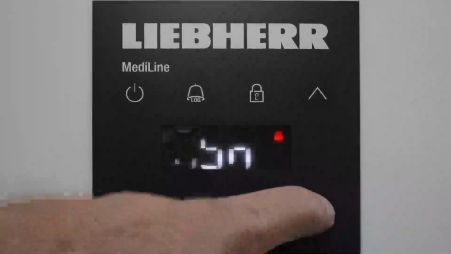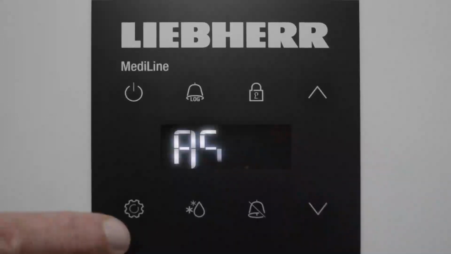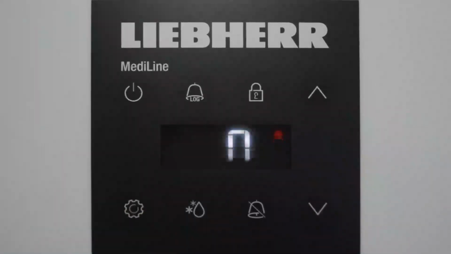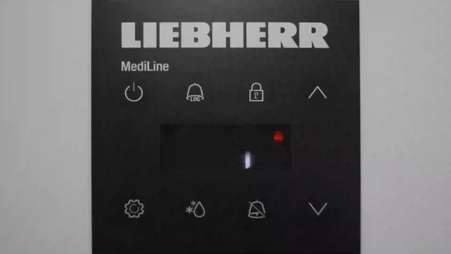One more down will be ASN, and ASN is a reactivation of the audible alarm. To enter that, press enter. It will display 0, which is a factory setting, so the audible alarm is not reactivated. If I press up once, I've now activated